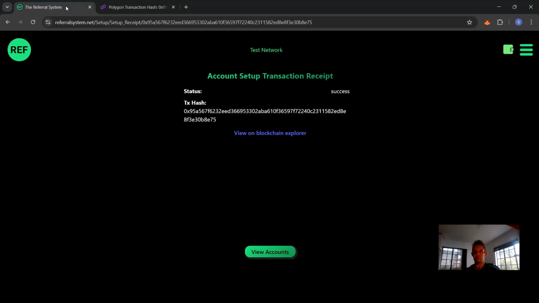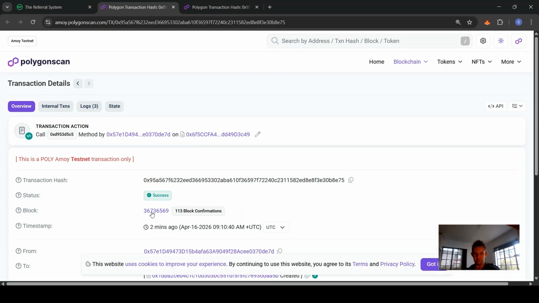Then if I go back to the referral system here, you'll see there's that TX hash, and we also have a view on Blockchain Explorer, and that essentially will open up the same page that we just viewed. If I click it, there it is. It's pretty much the same thing. Yep, that's the same page. So let me close that,